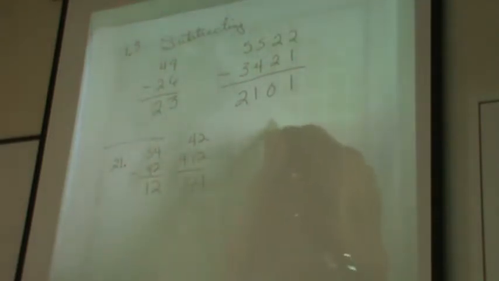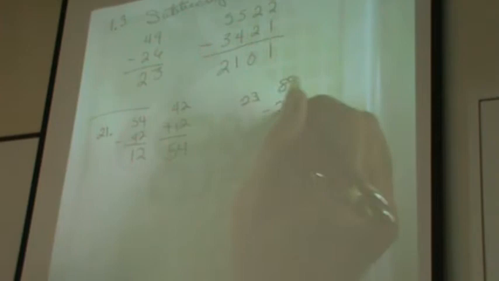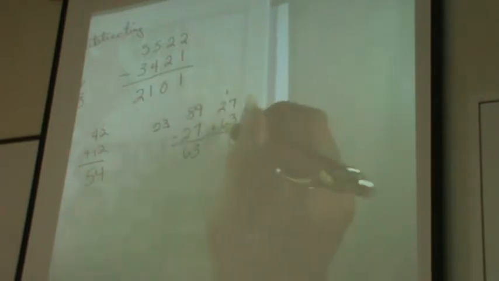Number 23 says, can you still see it? It says 89 minus 27, and it has the answer 63. Add the 2 bottom ones. 27, sorry, let me scoot it over, plus 63. 7 plus 3, 10, 6, 7, 8, 9. So in your answer column, you would write incorrect, or INC is enough because it's little. You can abbreviate, and the correct answer is 90. So this is what you would put in your answer column. Okay? So that's what you do with that group. If you checked it and it's right, you would just write correct